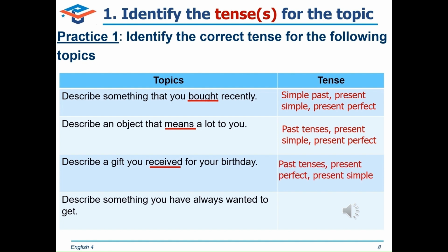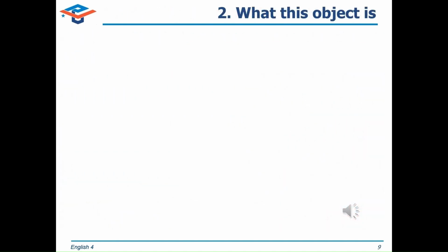The last topic, the main verb, is have always wanted. Something that you have longed for and have not got. So in the talk, present perfect can be used to talk about your expectation to get it. Present simple is used for the description of the object, and simple future for the situation in the future when you get it.